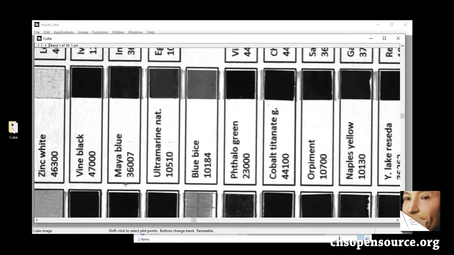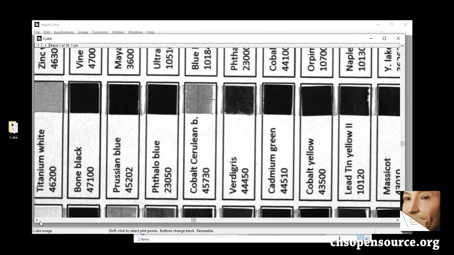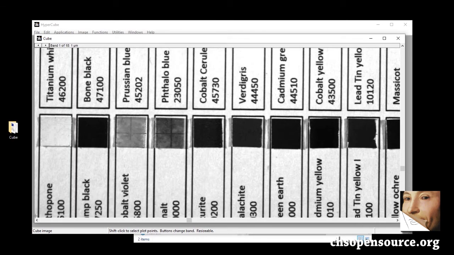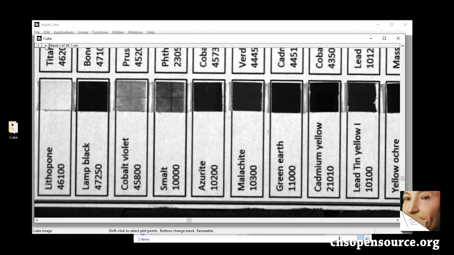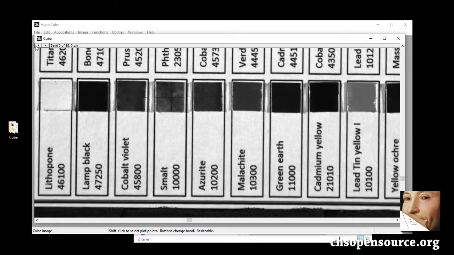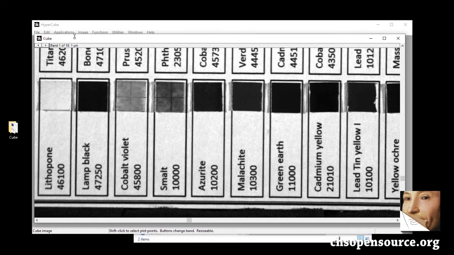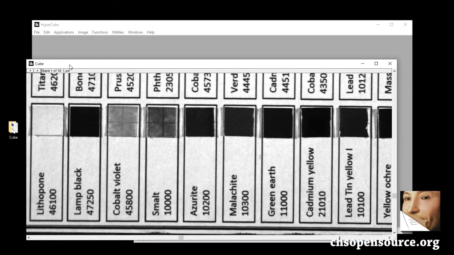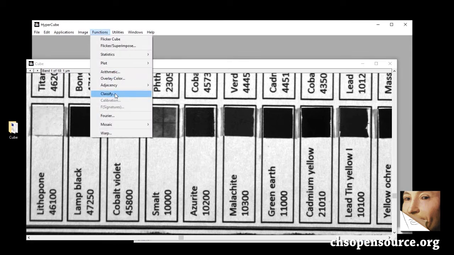So we see that it is a cube. We can switch between the different bandwidths. At this point, for example, we want to start to instruct the software to recognize, with a false color image, the position of lithopon. So we go in a function, we go in classify,